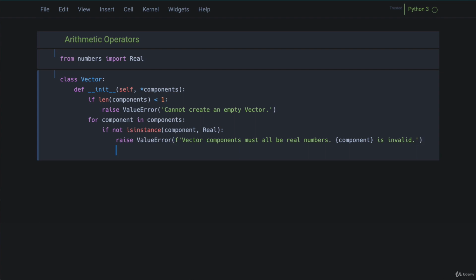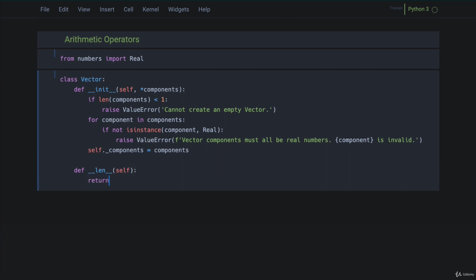Now, as long as this is all fine, then my code will reach here. And at this point, I'm okay storing the value, and I'm going to put that into a private variable. I don't want people to directly modify the components, so I'm going to do it that way. Of course, it's pseudo private. I'm also going to define a dunder len method. I want to support the len function, and so here all I need to do is just return the length of